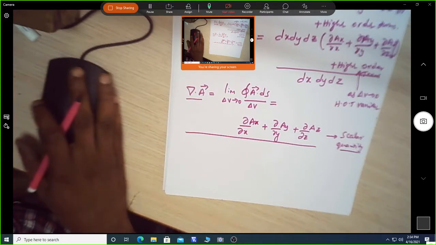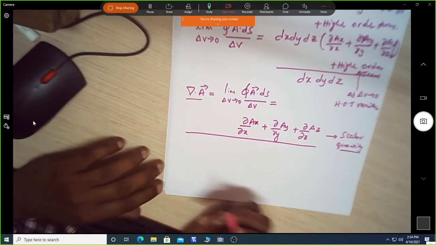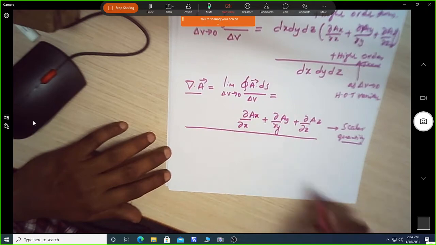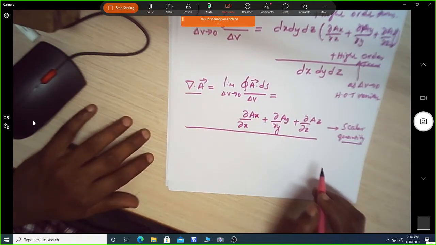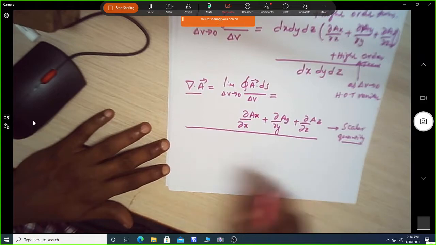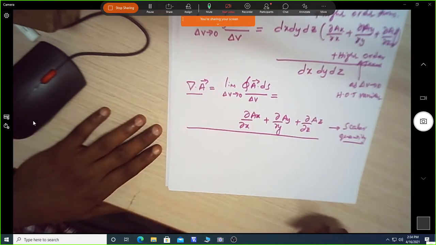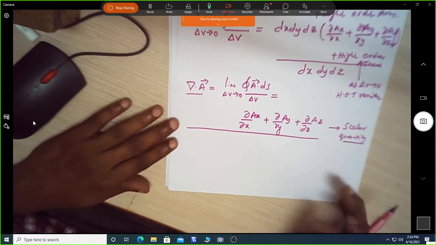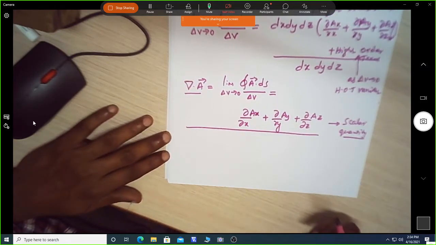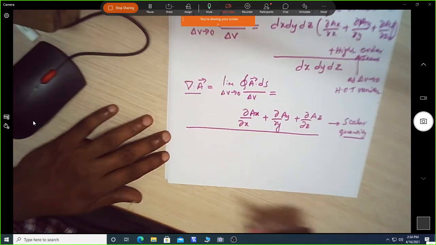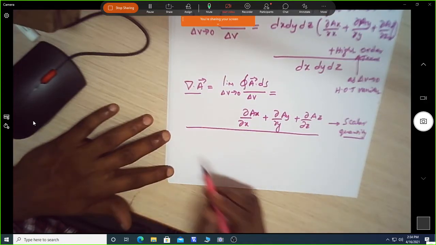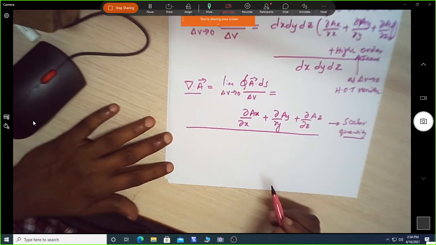Now if I define the del dot A in other coordinate systems, I will write those equations directly. For that derivation you have to convert the Cartesian into cylindrical components, which we have converted, that is cos phi, sin phi, 0; minus sin phi, cos phi, 0; 0, 0, 1. You apply that in place of the Cartesian to get the cylindrical. That derivation is not covered here, so you just remember the equations for del dot A in the cylindrical and spherical coordinate systems.